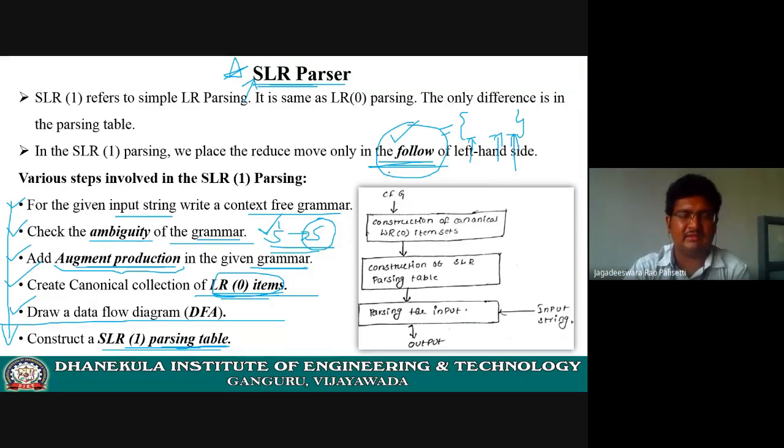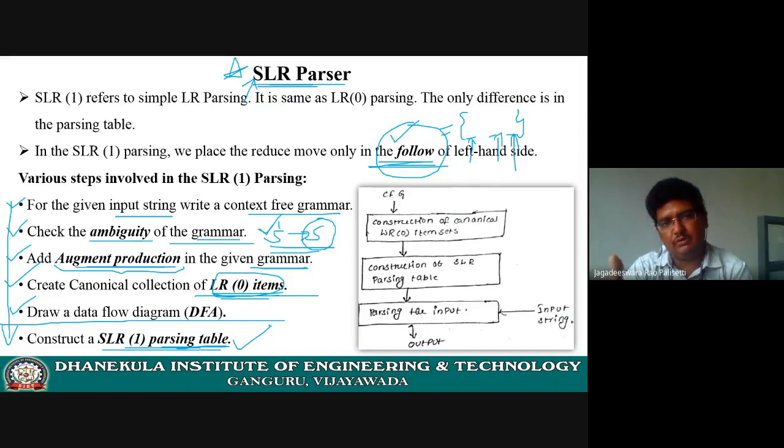Anyhow, we will explain in the next slides also. So these are the steps we need to do. The only difference is the way we are filling the SLR parsing table. The SLR parsing table is slightly different from the LR(0). That's it. Am I clear? So let's take some examples of how we are going to fill the parsing table. I will go directly to the example so that you get clarity and can compare on your own what the difference is between LR(0) and SLR.